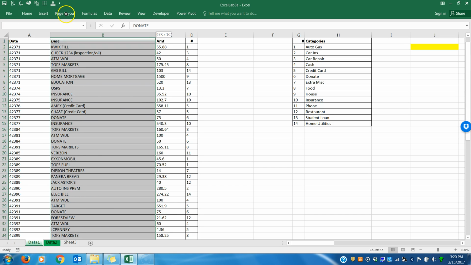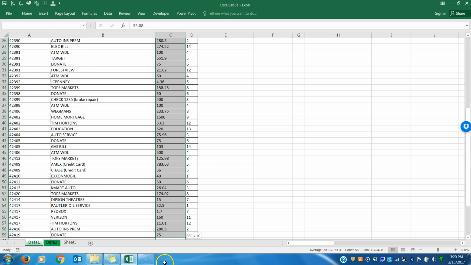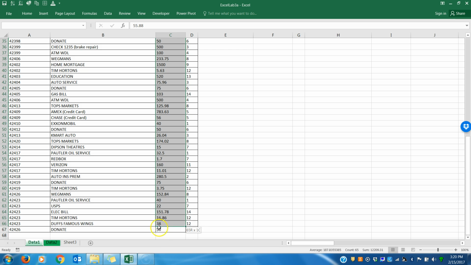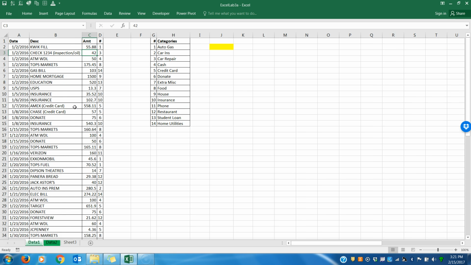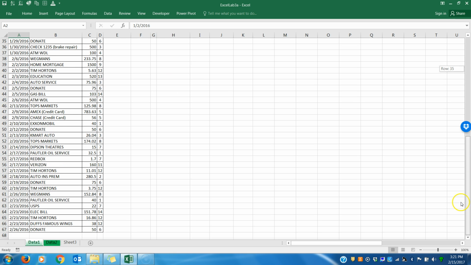We don't have any formulas in our categories because these are all text, of course. We don't have any formulas in our sum amounts. We don't have any formulas in our category numbers. That's good. Now, there will be sometimes that we'll want formulas depending on the data set, but in this particular one, we don't want any. So control tilde, and we should be all set. What you should have is January 2nd, 2016 at Quick Fill for $55.88, ending at February 26th,